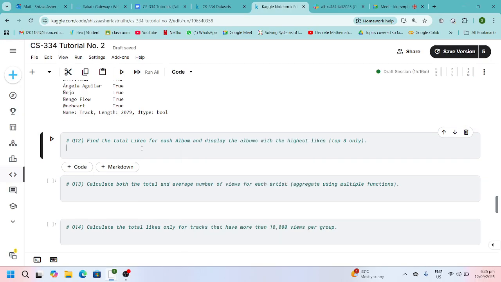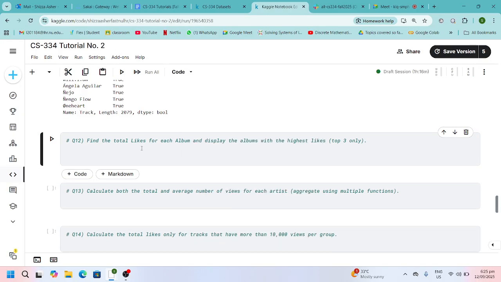All right, let's look at question number 12. Find the total likes for each album and display the albums with the highest likes. So again, you're going to group